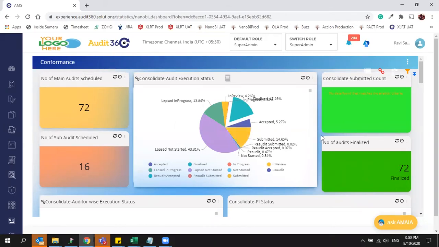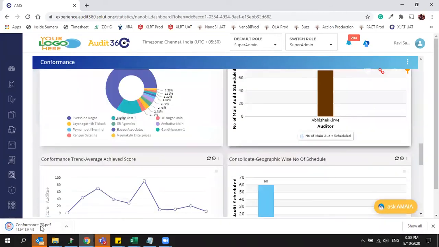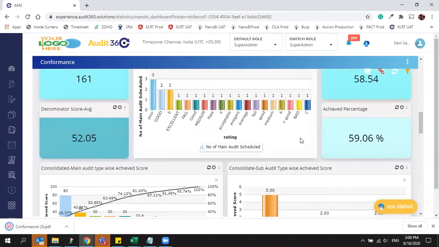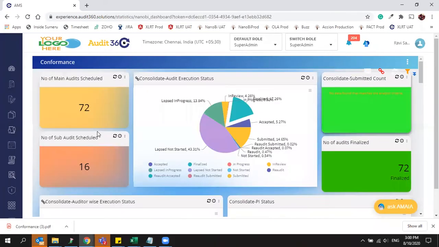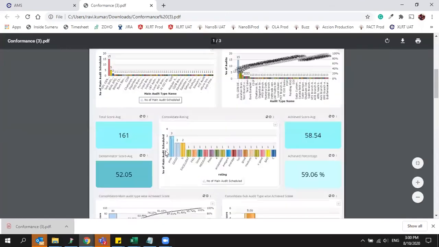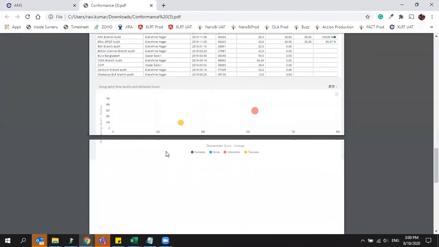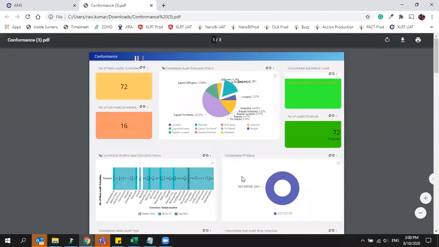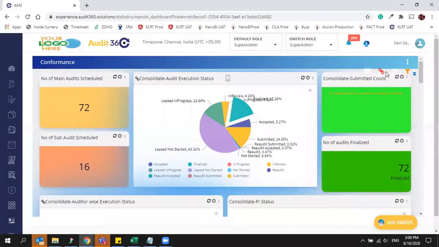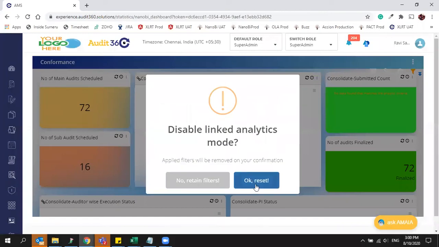If you want to explain with them, you can easily download the entire dashboard in a PDF with the selection of data. Only the selected items you can download and share those details with the required person. So that is a possibility, that level of information you can access with the linked analytics.